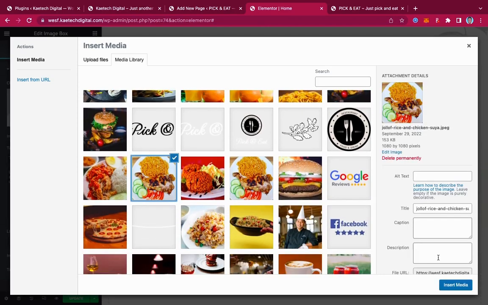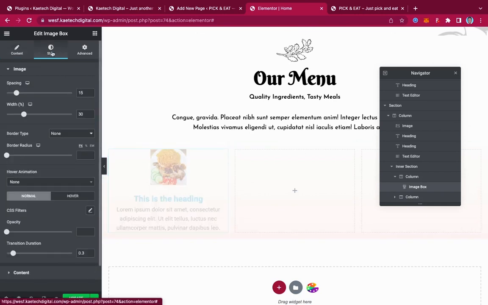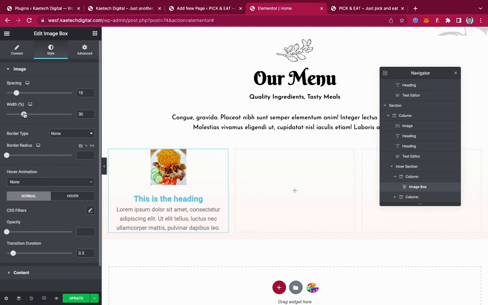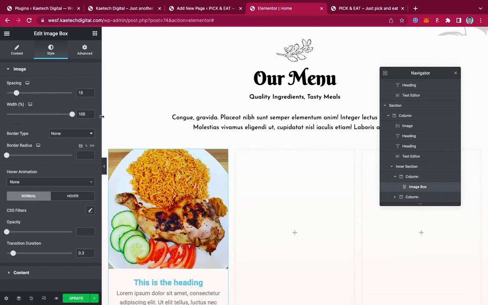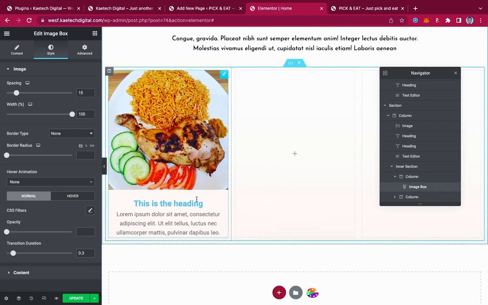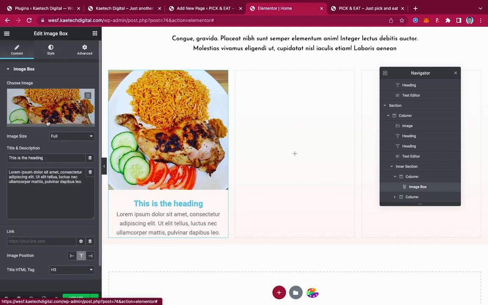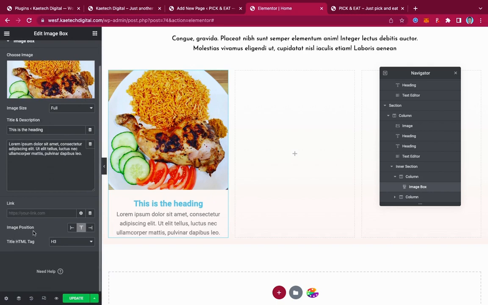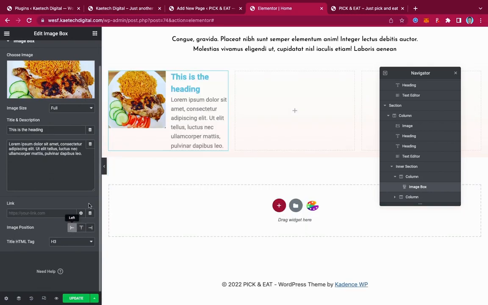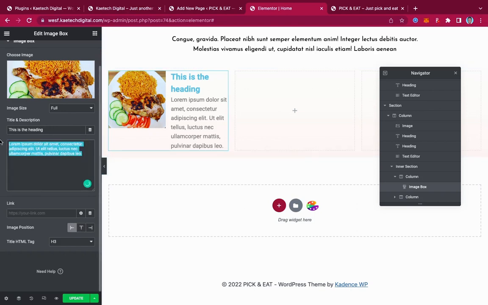So we want to use this one over here, insert it over here, go to style, and then with the width you can just increase it the way you want. As you can see, I have it this way. Then with the image position, I want to position it this way. So as you can see, I have it this way. Now I can delete